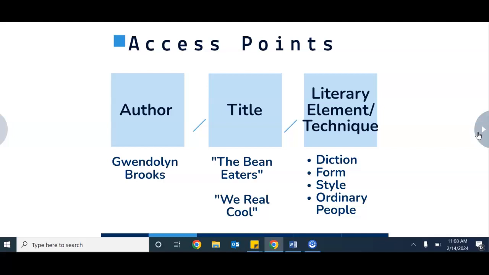For an example, if I was looking at poetry by Gwendolyn Brooks, I would search for her and see what's out there in those databases. I could also either enter The Bean Eaters or We Real Cool, 2 of her poems, and search for content on that. I could combine the author and the title, and then I would need to add that third element. This is the theme, the character you're examining, the symbol, whatever it is you're researching. That's that third element. I do think this type of research is easier in a sense than perhaps what you encountered in a Communications 2025 class or even English 1010.